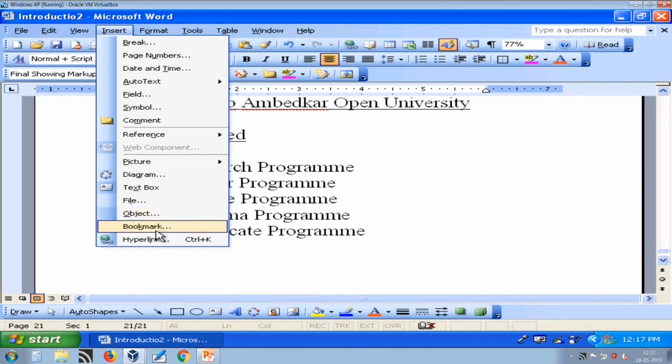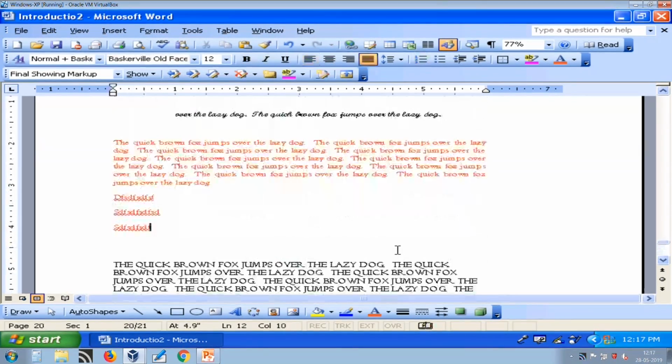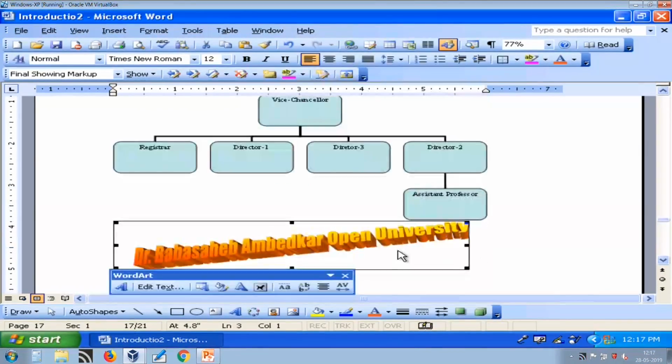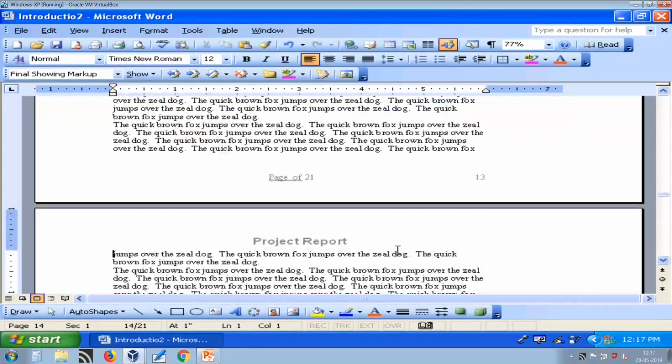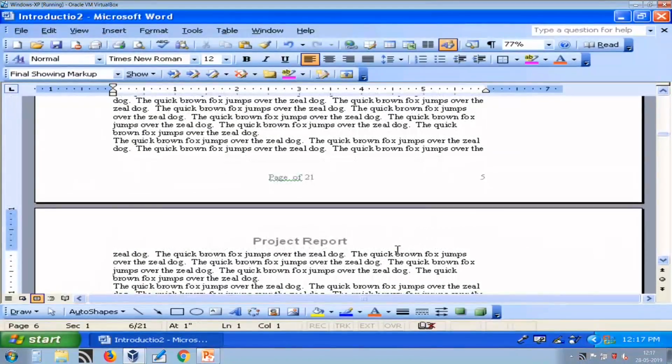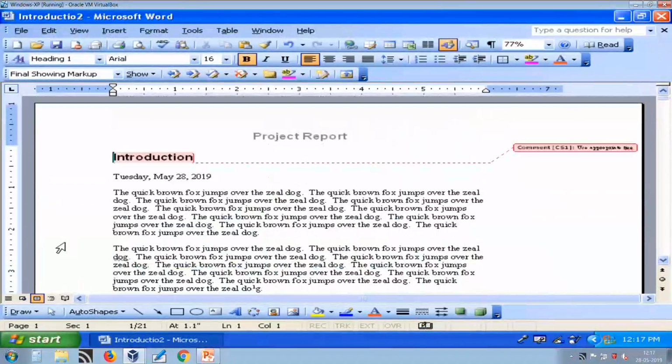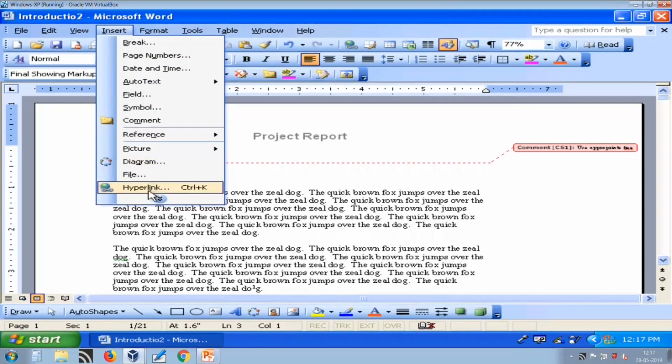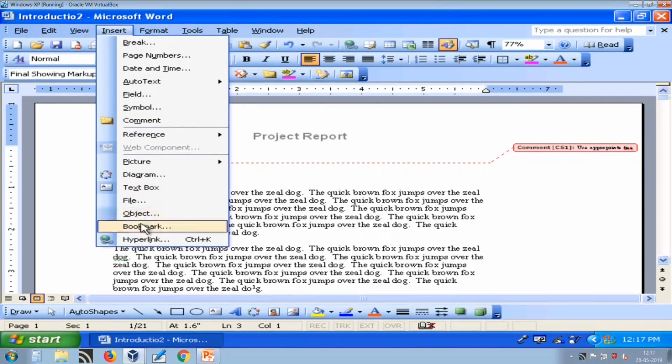Now, we want to create a bookmark. What is a bookmark? Bookmark can be used to quickly move between different sections of Microsoft Word. So, here for example, I am creating one bookmark at the place of date. So, I just insert and bookmark.